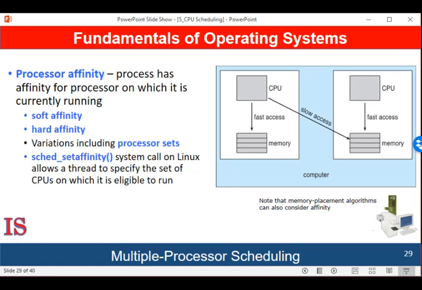The main memory architecture of a system can affect processor affinity issues as well. The image shown here illustrates an architecture featuring non-uniform memory access, NUMA. Non-uniform memory is a computer memory design used in multiprocessing where the memory access time depends on the memory location relative to the processor, as I told you earlier. Under NUMA, the processor can access its own local memory faster than non-local memory, which means memory local to another processor or memory shared between processors, as I also told you earlier.